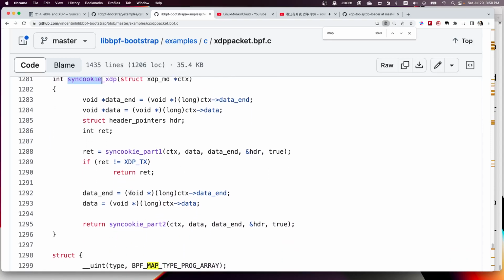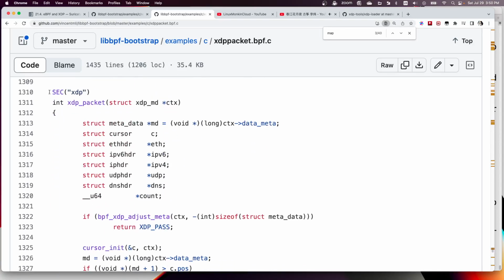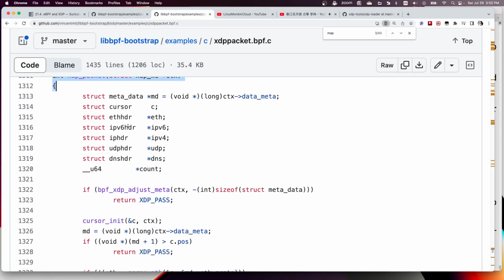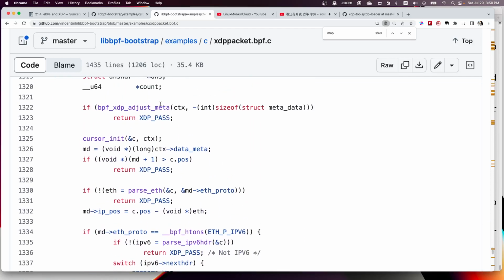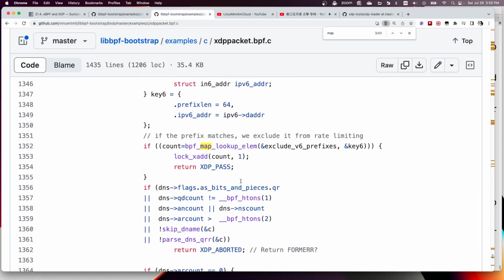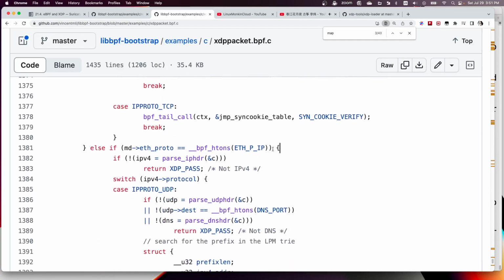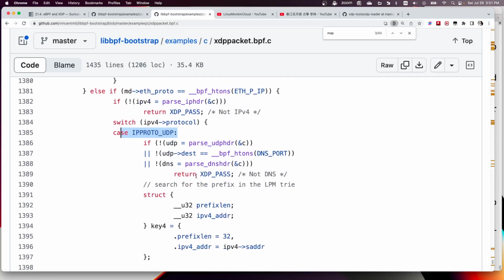So now we have sync cookie and DNS rate limiting, and here is our main XDP program, xdp_packet. When a packet comes in and this XDP program gets triggered, it will do normal packet parsing. Let's look at the IPv4 example. Once this XDP program sees the packet is an IPv4 packet, if it is a UDP packet,